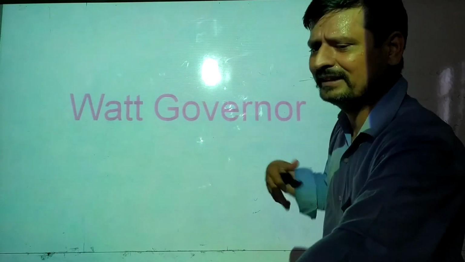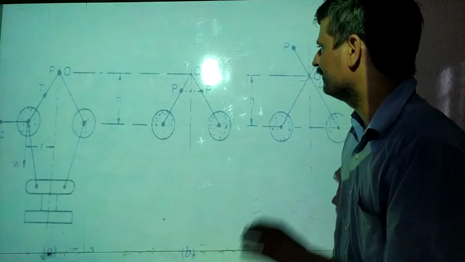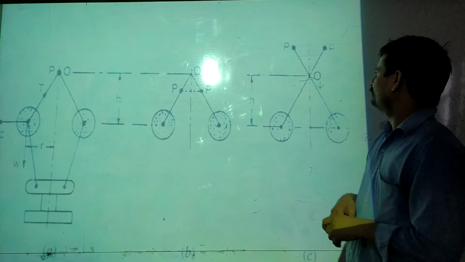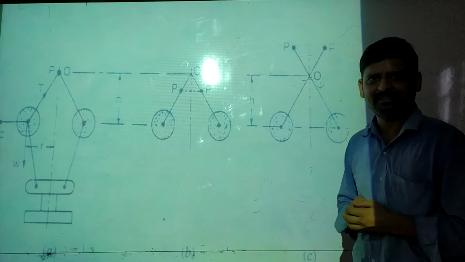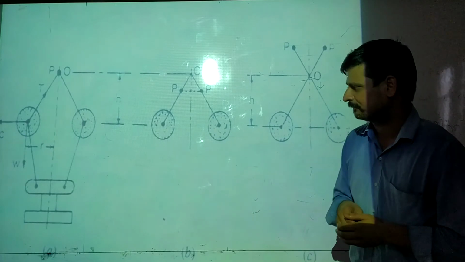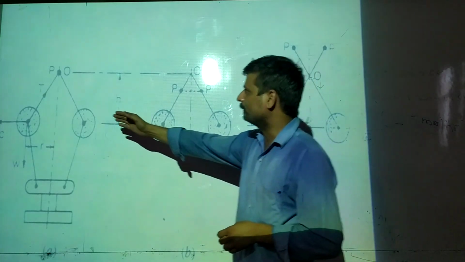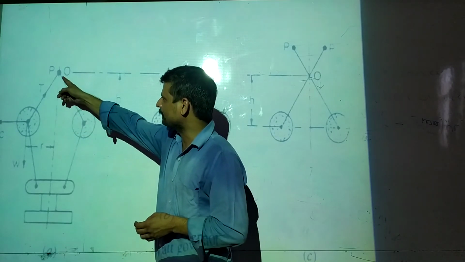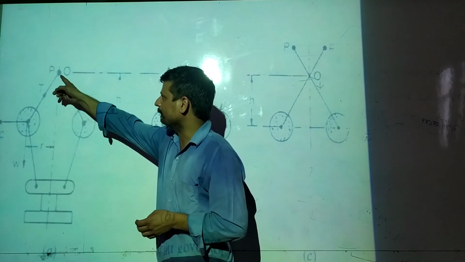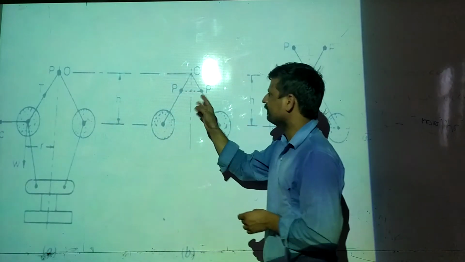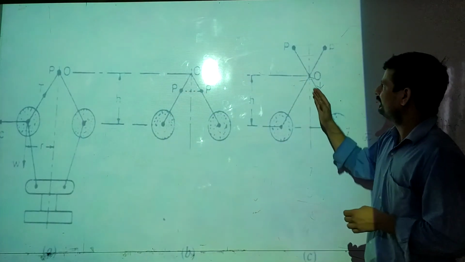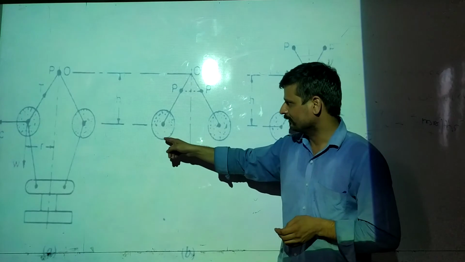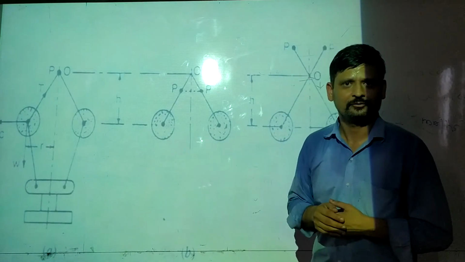Say the Watt governor, a brief way of elaborating it. These are the three conditions, three free body diagrams you can say, that show the systematic arrangement of a Watt governor. This one is your first, where the two arms are placed in such a way that the intersection point of these two upper arms is on a spindle. The second way is this, and the third way is an extension. These two round sketches indicate the fly balls.